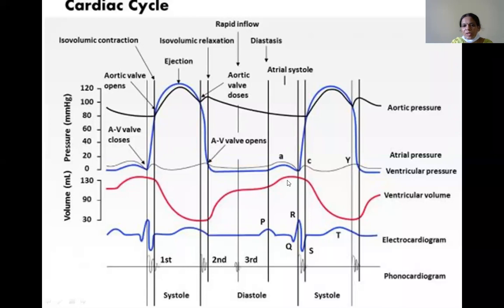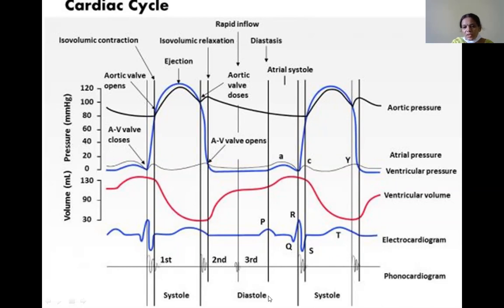Here, when the ventricle is being depolarized, there is blood in it, and when the blood has gone out into the aorta and there is no blood, this is the phase of repolarization, which is being shown in the electrocardiogram. Okay. Once again, this is easy if you know all the phases.